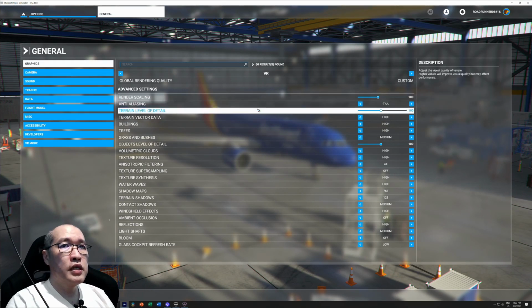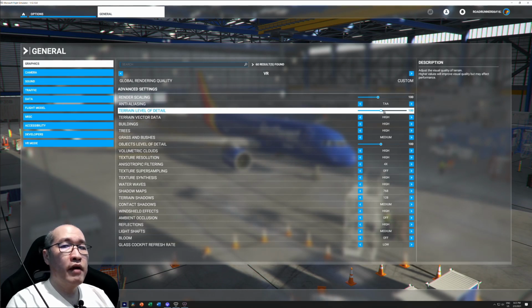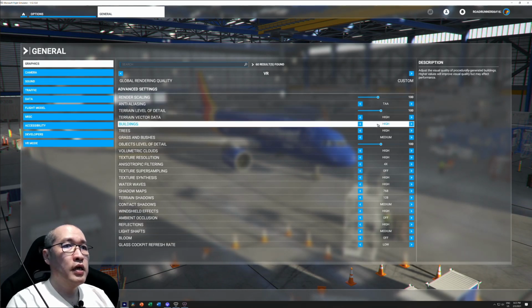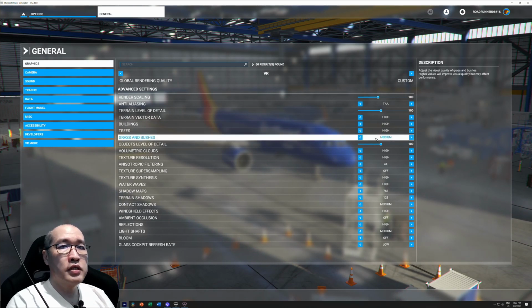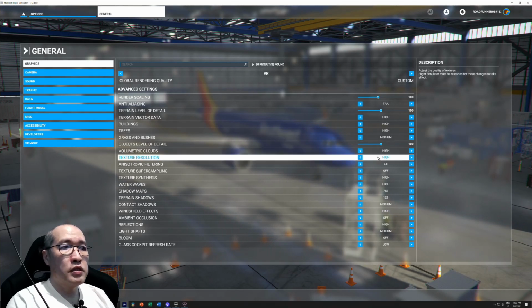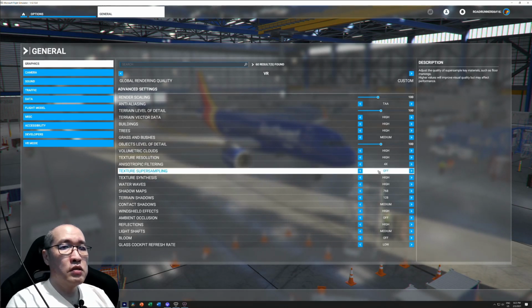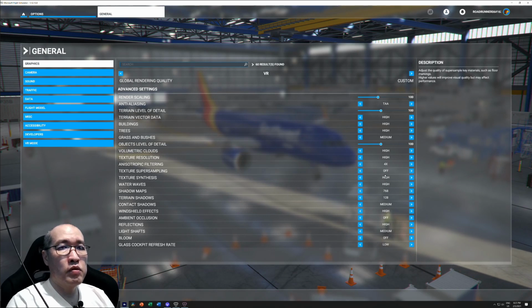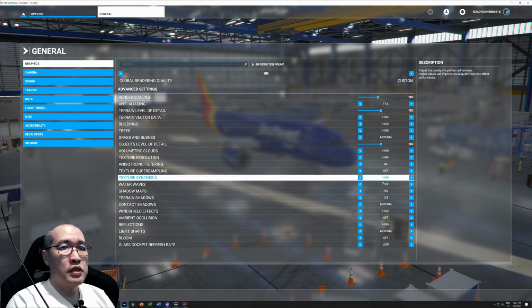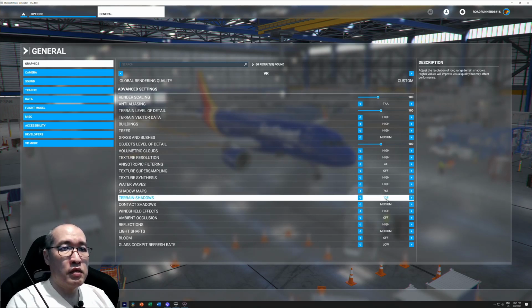Now for inside FS2020, the settings for VR: render scale on TAA will be 100. Terrain level is 100. Terrain vector data high, buildings high, trees high, grass and bushes medium, object level of detail 100. Volumetric clouds high, texture resolution high, anisotropic filter 4 times, texture supersampling off because somebody said it won't matter. Texture synthesis is high, water waves high, shadow maps I put at minimum 768, and terrain shadows is 128, contact